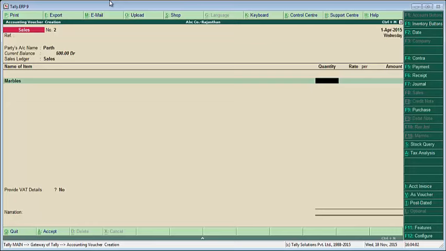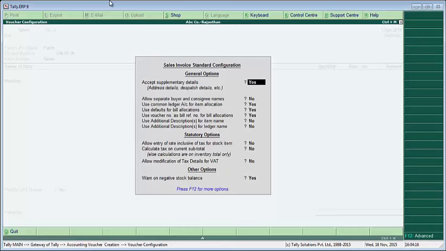And if you are making a sale which is not at that rate, and it is an exceptional scenario where it is being charged at a different VAT rate, so these could be just very rare scenarios. When it's a rare scenario, you can click F12 in that particular transaction